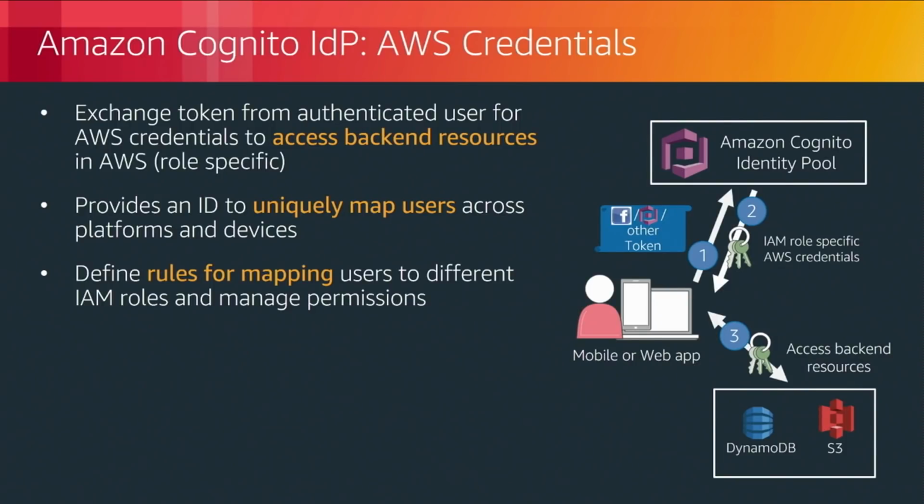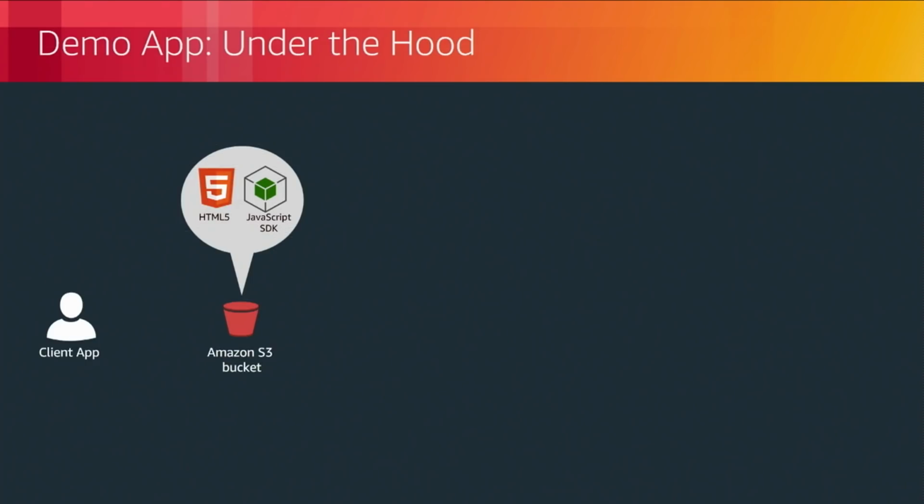I can create very, very fine-grained access control to whatever service my application is going to access in the back end. Maybe it's S3, maybe I only want to give access to specific DynamoDB tables. And I can do all of that simply by leveraging Cognito as my authorizer. So we've got another demo app.